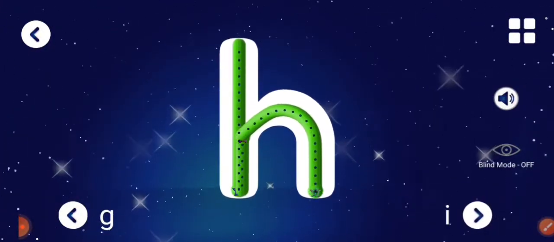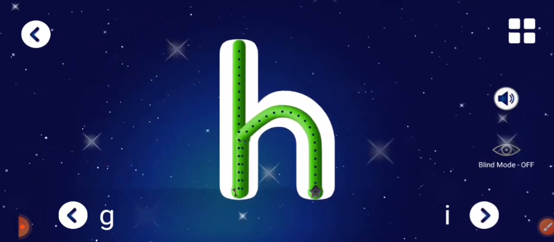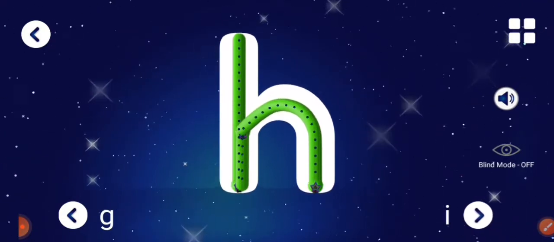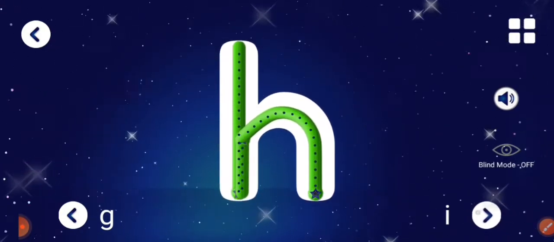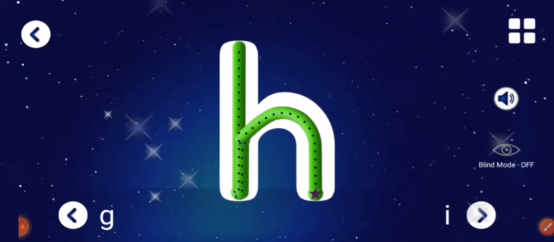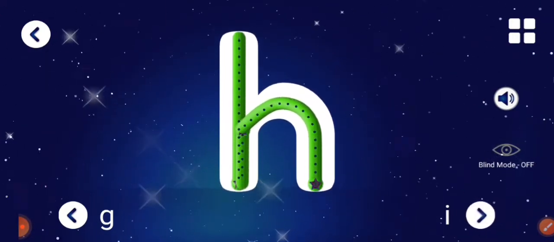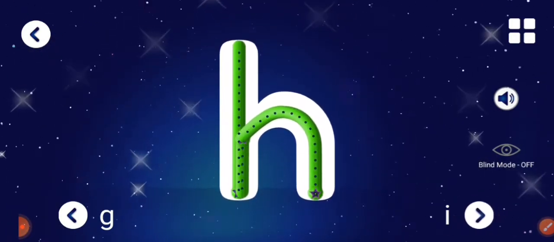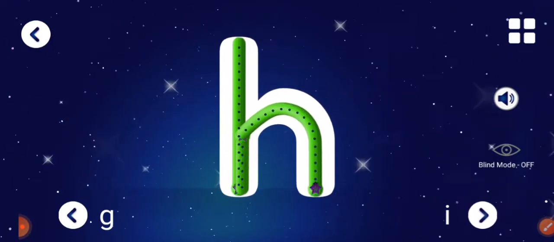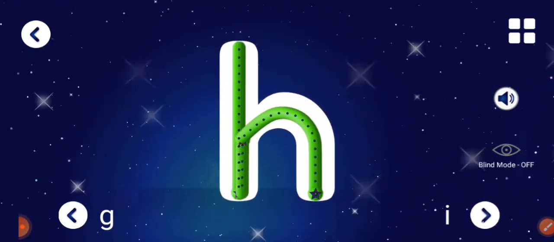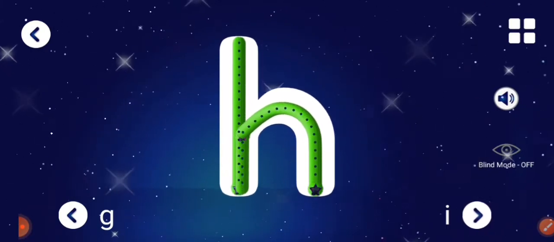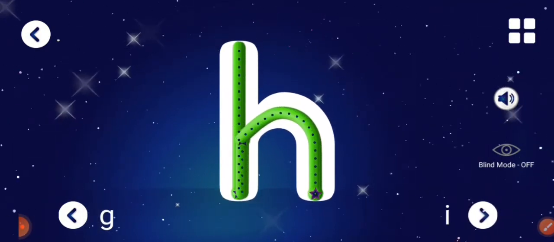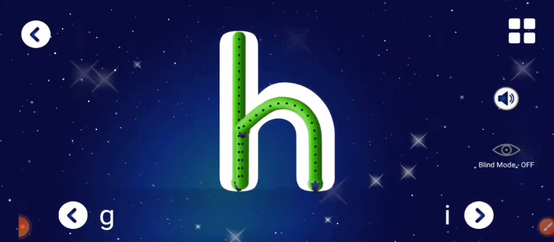Okay, children? So in today's class, which letters will we practice writing? E, F, G, H. Yes. So in yesterday's class, which letters did we practice? A, B, C, D. Till D, 4 letters we learned. So in today's class also we learned all the letters. A to H letters. So you have to practice this, children. Understood? Writing practice you have to do it.